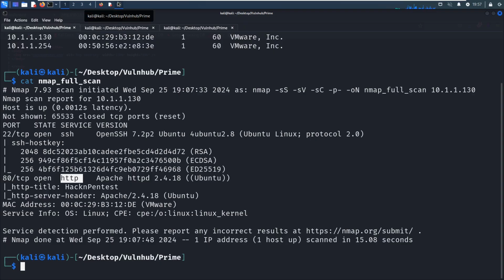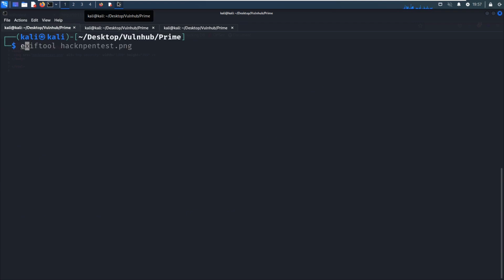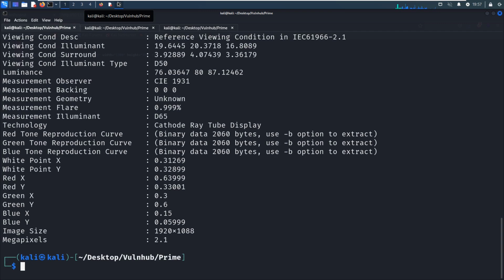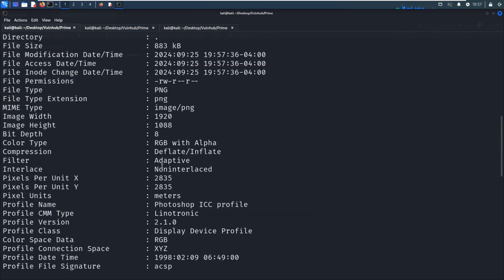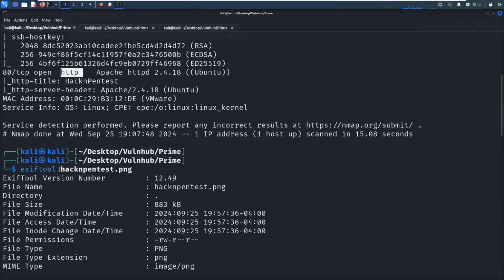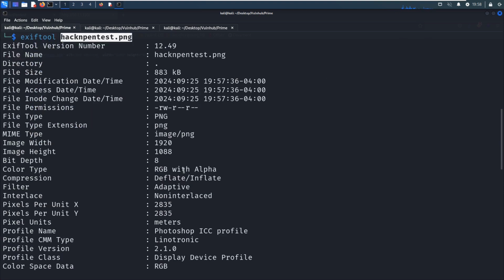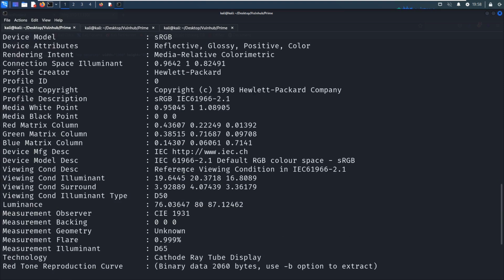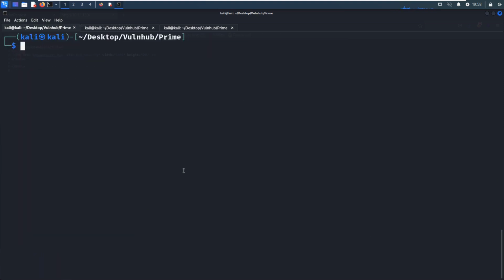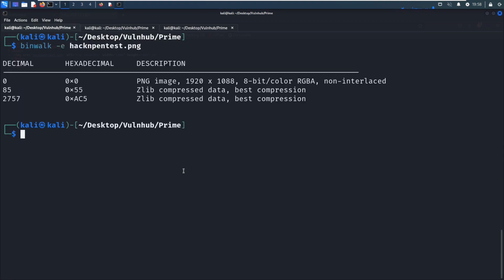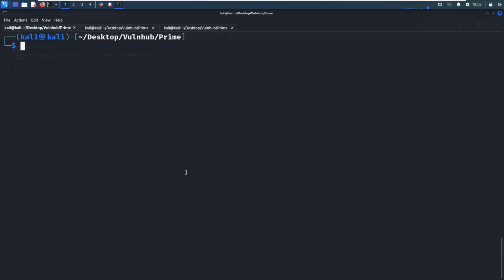And I think we need to analyze the picture to see whether there is anything embedded into the picture. The exiftool utility can print out the metadata of this picture. And if you take a look at all metadata of this picture, nothing exciting or interesting we can get. Next, we can use binwalk to see whether there is any extracted file inside this picture, but no. So next, I think we need to check whether this site has a robots file, right?